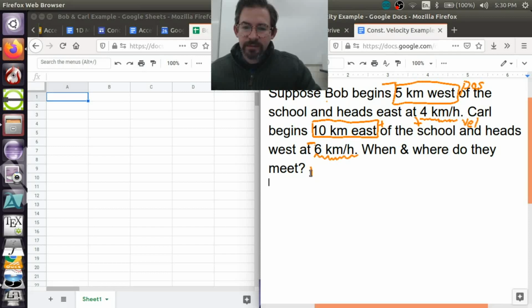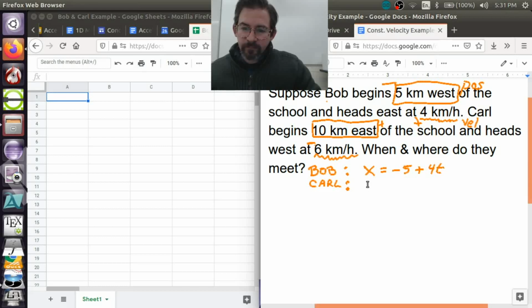So now we can set up some equations for these two characters. I'm going to label them. Here's Bob, here's Carl. And I want to know how their positions relate to time. So for Bob, his position is going to begin at -5. And how quickly does he change that position? 4 kilometers per hour. So if I measure my time in hours, I can say this is plus 4 times